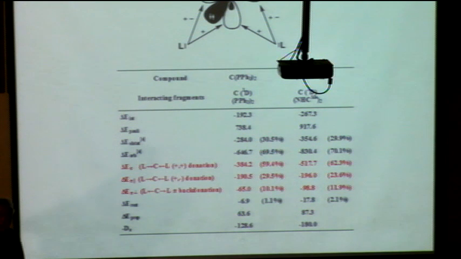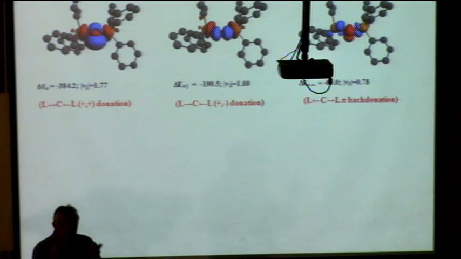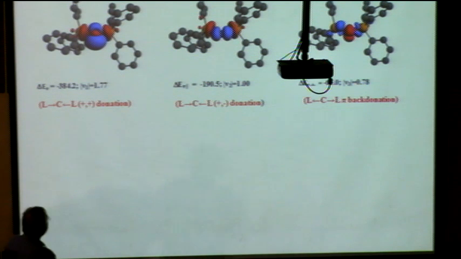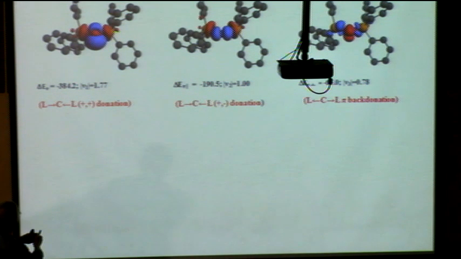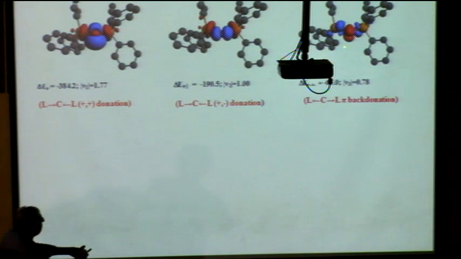But this cannot only be put into numbers, but also in figures. These donations, this pi donation, for example, those charge donations, those deformations can be given. And now these are not orbitals. So now the colors show areas of charge donation and depletion. And the trend is from red to blue. This is the sigma donation, and this is the pi donation, so from red to blue. This is the pi orbital here, and this is the formerly empty orbital here. And this finally is the back donation.